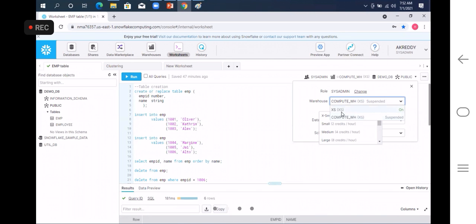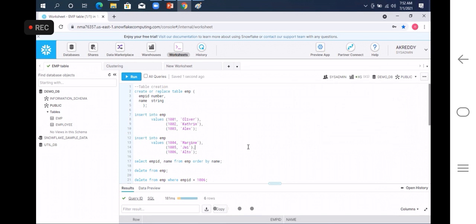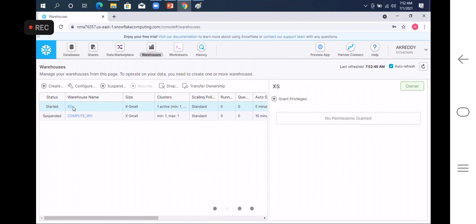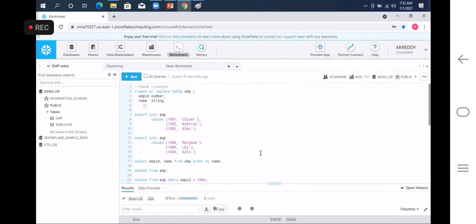COMPUTE_WH was suspended and the extra small warehouse is on. You can choose the extra small warehouse which we have created. So now if you run any queries,